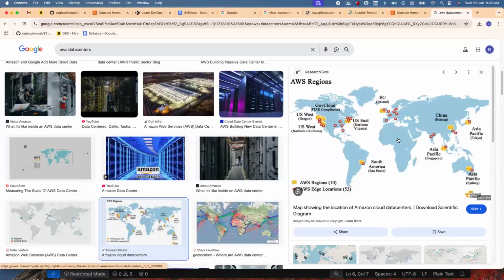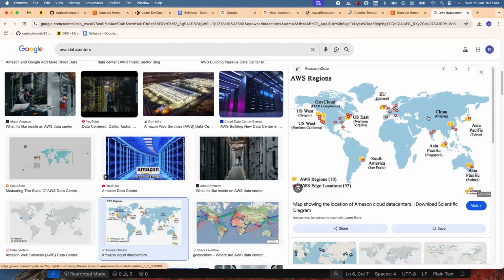And why are they having data centers across the globe? Why don't they keep it in one place? Keeping it in one place is much easier for them, because they don't need to deal with all the logistics, and all the talent sits in one place. It's all good, right? So what is the reason they need to go for different geographical locations? The first reason is basically the business. Since AWS or Amazon is a US based company, if AWS is trying to keep everything in one place,